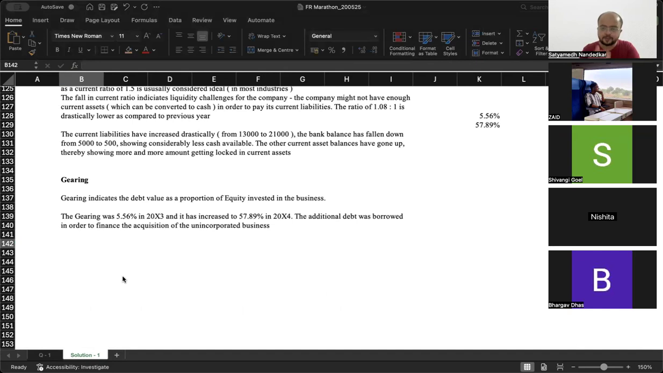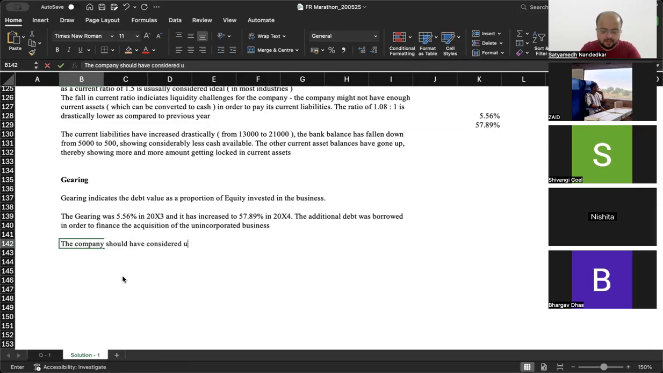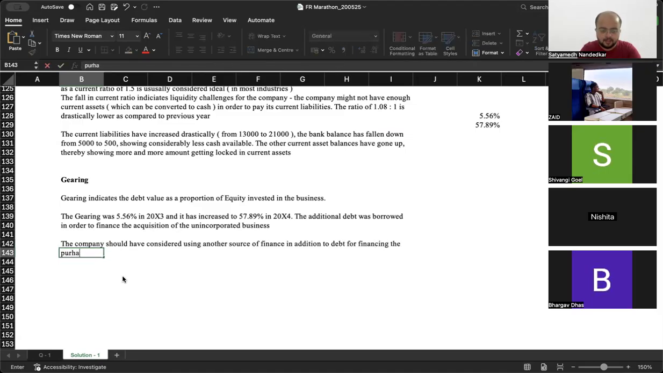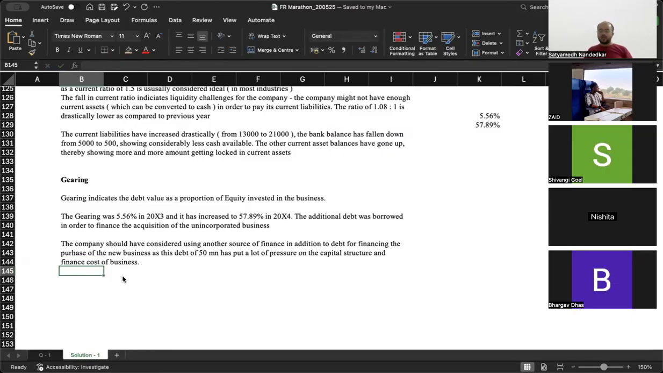So what you can say is, the company should have considered using another source of finance in addition to debt for financing the purchase of the new business, as this debt of 50 million has put a lot of pressure on the capital structure and finance cost of business. Naturally, आपका डेट बढ़ेगा तो आपका इंटरेस्ट भी बढ़ेगा, और जैसे आपका इंटरेस्ट बढ़ेगा